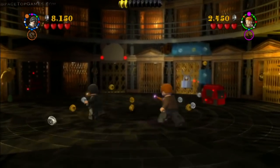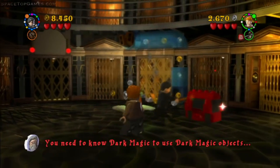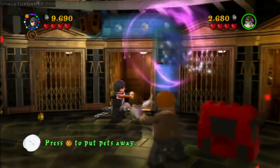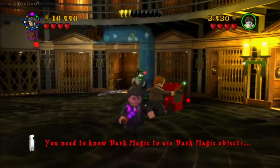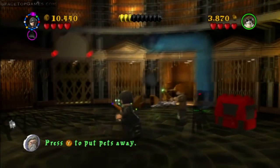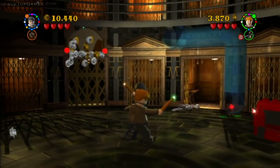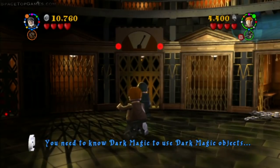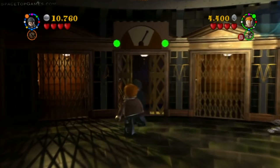And in here you're gonna have to get into one of the elevators. First thing to do will be to use Reducto on that shiny lock, and then build this tube and use Ron's owl, which I think is named like Pidgeotty, or wait, no, I'm thinking of Pokemon. I forgot what his owl's name was. Anyway, you need to use his owl to push down the bricks, and that will let you put the meter on the top of the elevator, which will tell you what floor the elevator